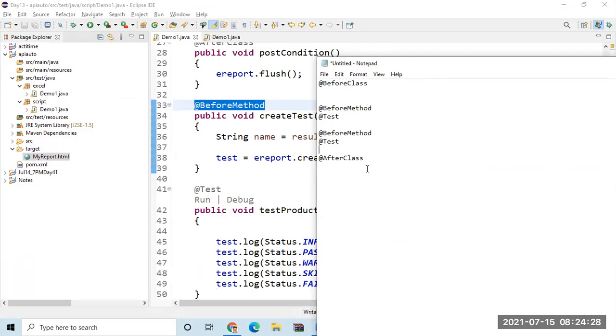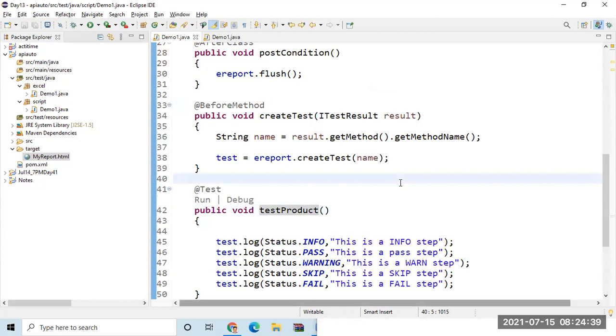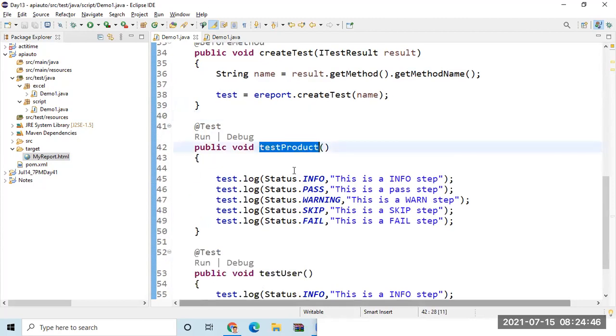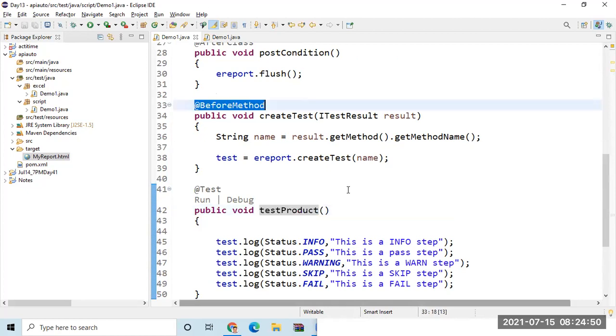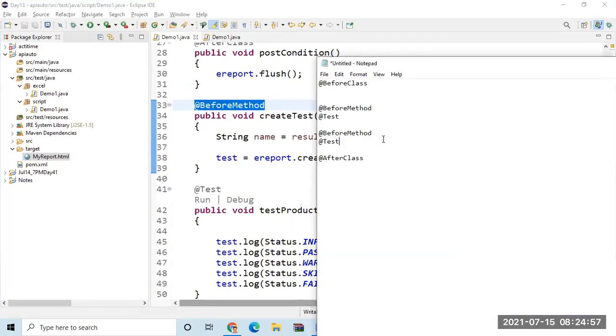The problem with before test is it will execute for the whole test block. You will not be able to distinguish between each test. When you look at the execution order of TestNG, before suite will execute, then before test, then before class, then before method. Here, for every test method, I want a different name. Then the only suitable option is before method. People who don't know TestNG, this may be a little bit out of the box. I'm sorry for that.